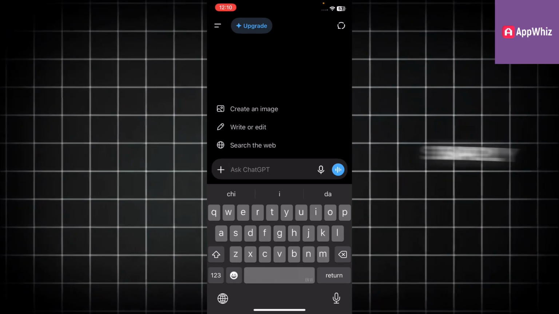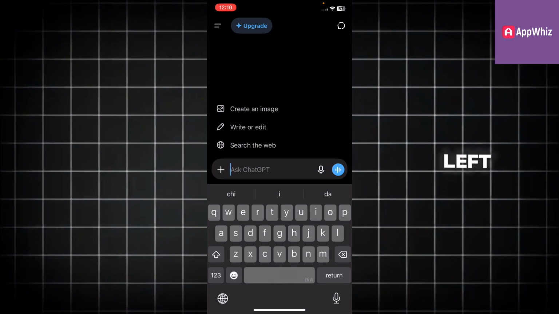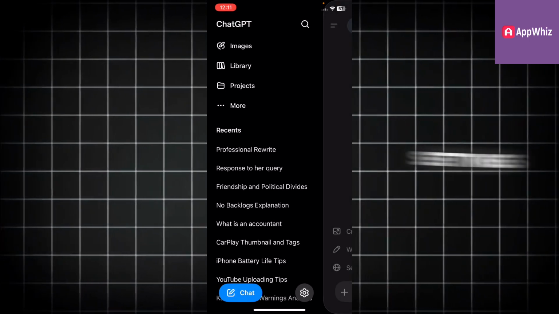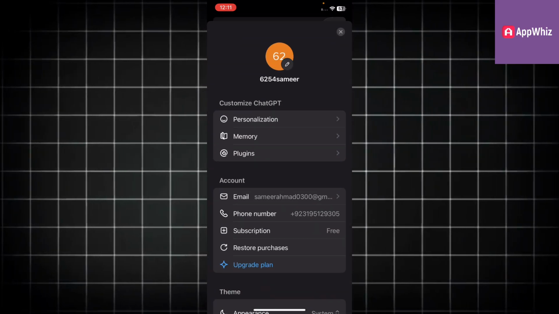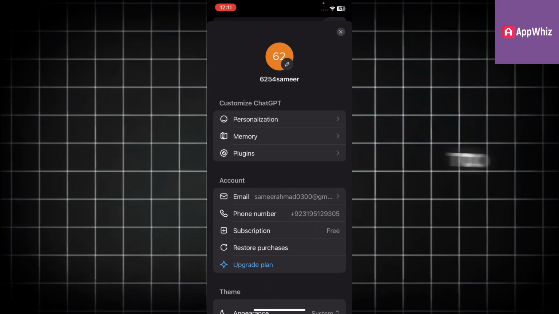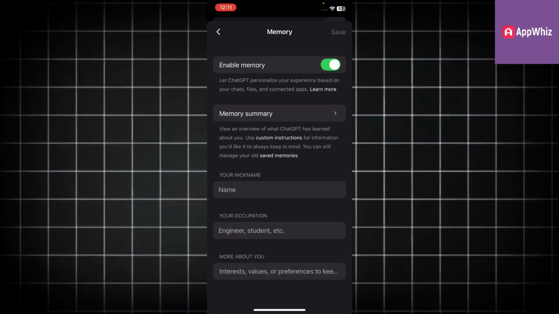Now what you need to do is simply tap on the two white lines in the top left corner of the screen. Here the settings icon will appear in the bottom middle. Simply tap on it. Now here what you need to do is simply tap on memory,